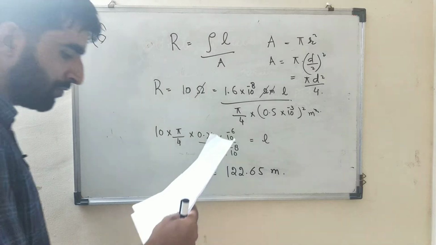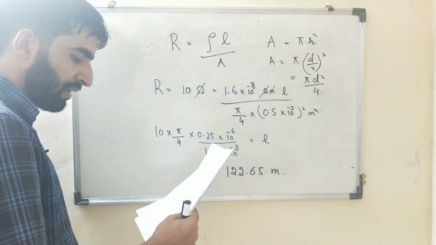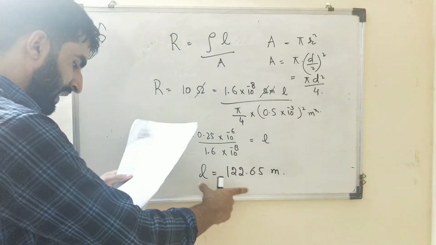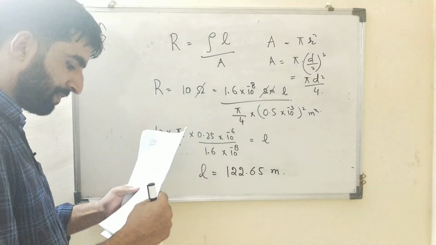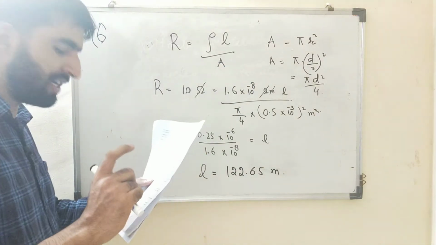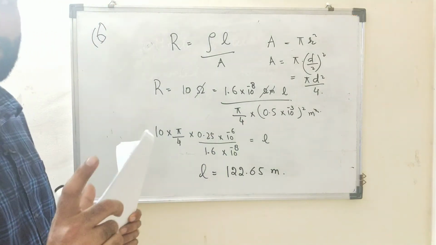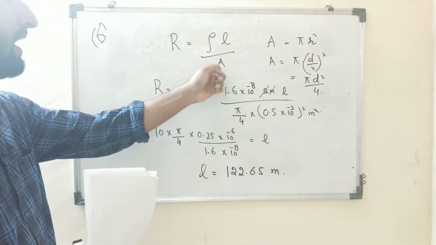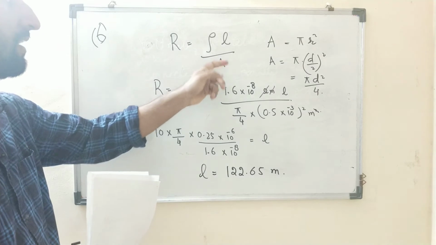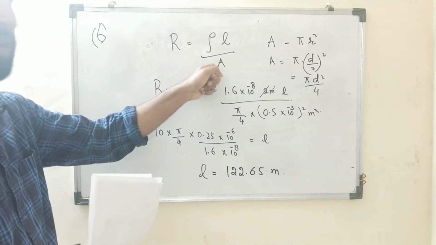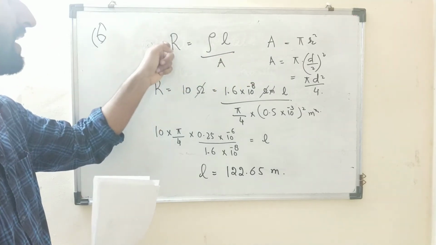Now what I am going to do, now I am keeping this length constant and now I am changing the cross sectional area. So how I am changing? I am just increasing here, diameter is doubled. So what will happen? अगर मैं डायमीटर डबल कर रहा हूँ एरिया में, एरिया तो बढ़ जाएगा. सो अगर मैं डबल कर रहा हूँ तो एरिया विल बी 4 टाइम्स. सो रेजिस्टेंस विल गेट डिक्रीज्ड बाय 4 टाइम्स.